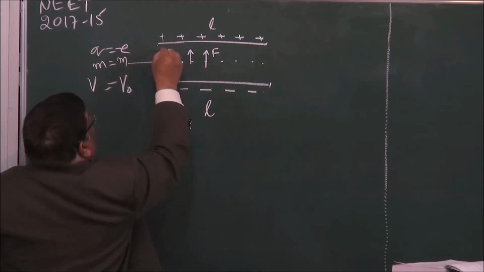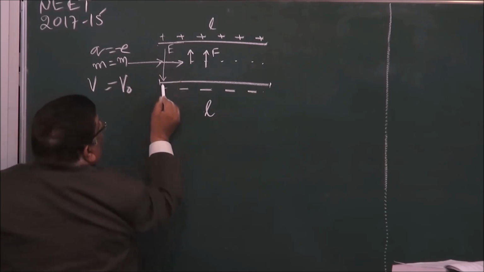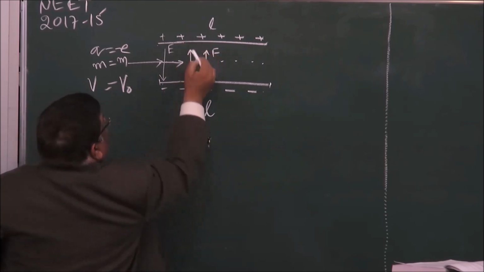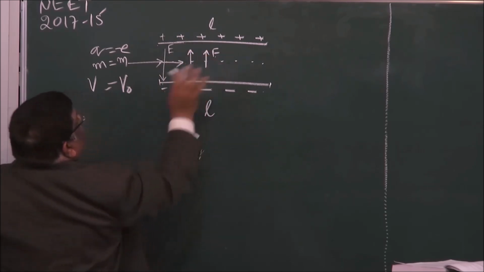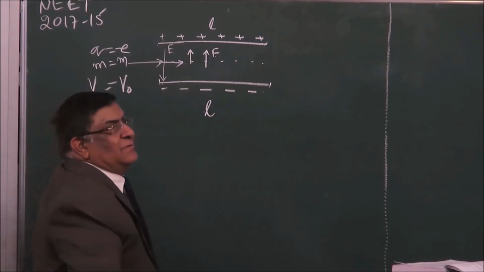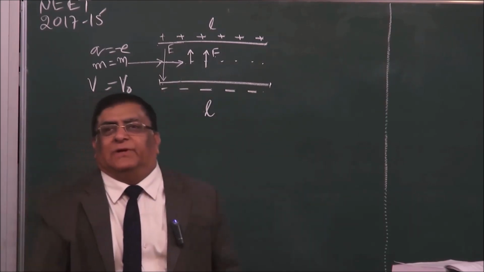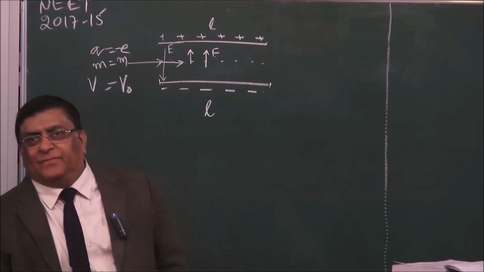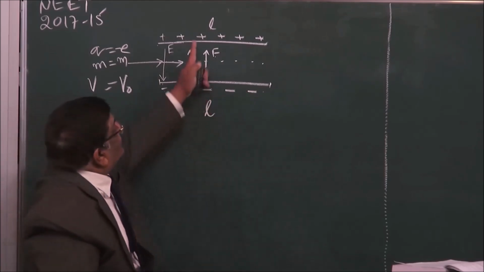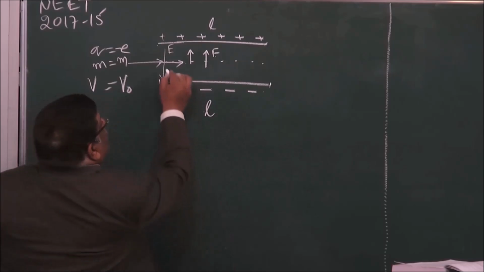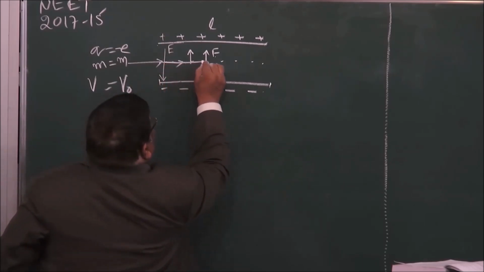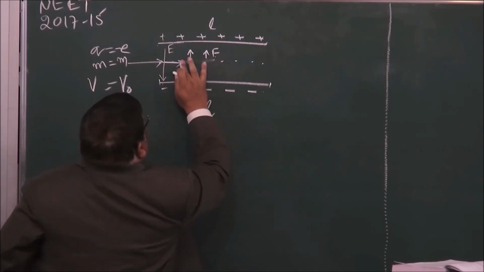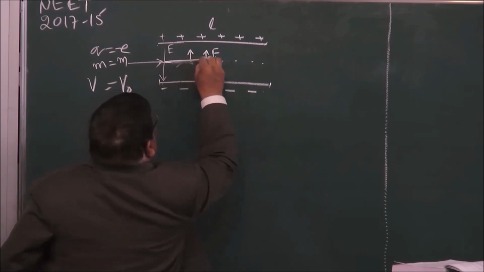This is the electric field direction, E. And force on electron is opposite to the electric field towards positive charges. So a force is acting on it. What will happen due to the force? The force will create an acceleration, and due to acceleration in this direction, the electron will start drifting in this direction. So this will start drifting like this,